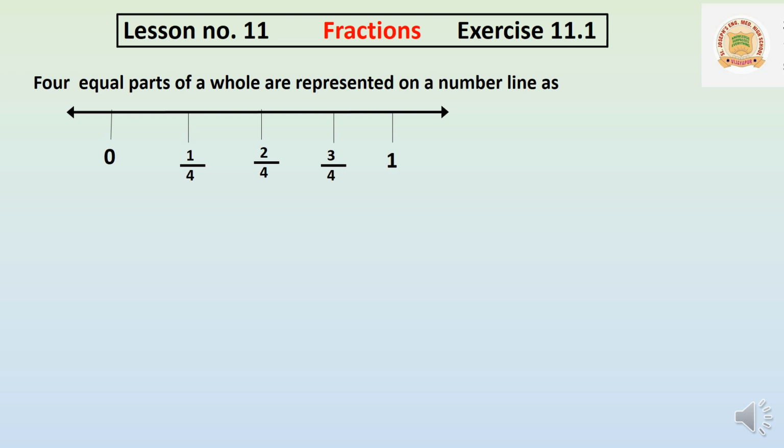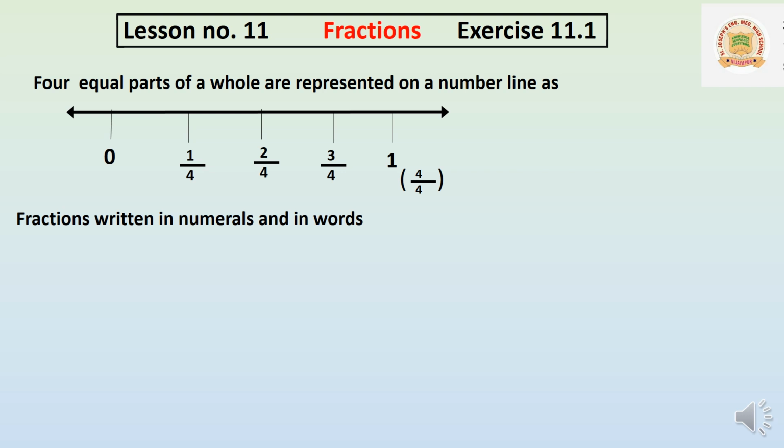In Kannada, 0 to 1 is one complete thing, one purna vastu. 1 by 4 andre kaalu bhaga, 2 by 4 andre ardha bhaga, 3 by 4 andre mukkaalu bhaga. Like this, take 1 rupee, or we'll take it as 100 rupees. The half portion is 50 rupees, the quarter portion is 25 rupees, and 3/4 is 75 rupees. Like this we can make the parts. Now 4 by 4 is equal to 1.